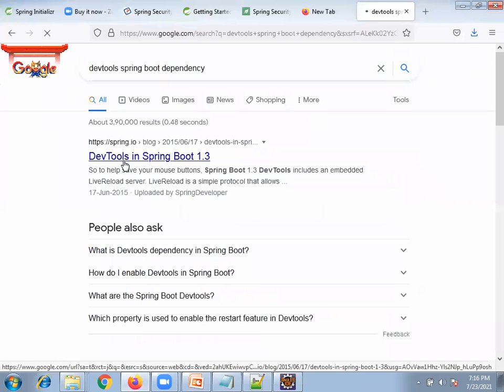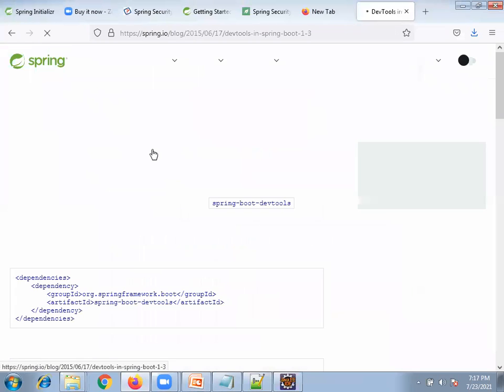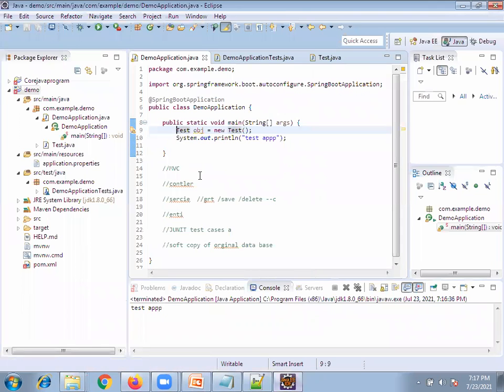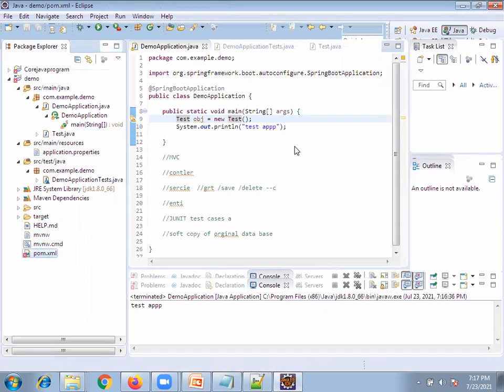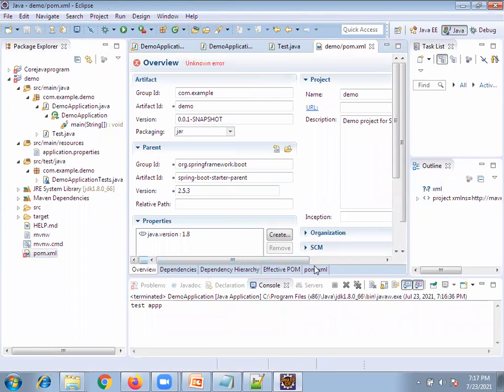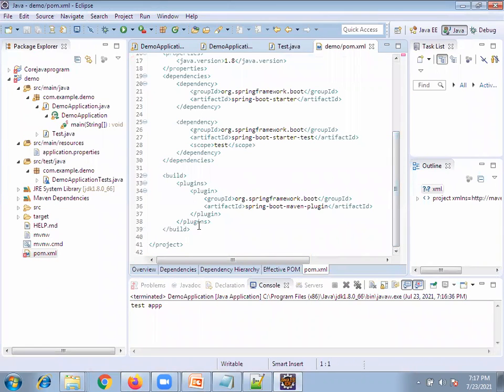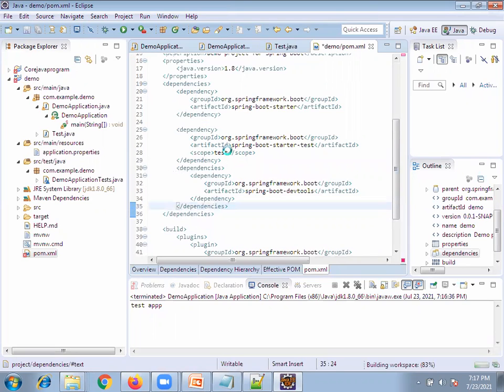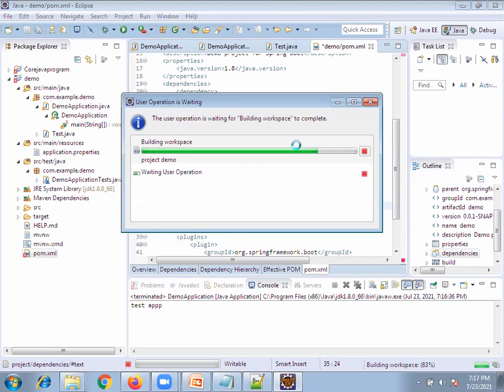Come here, click here, just copy this, go here, configure. Where do we need to configure? Pom.xml. Come here, inside the dependency, I'm pasting it. Control Shift F, right click, run.